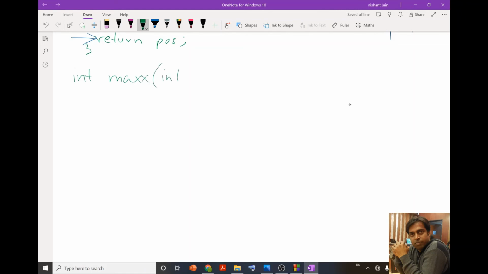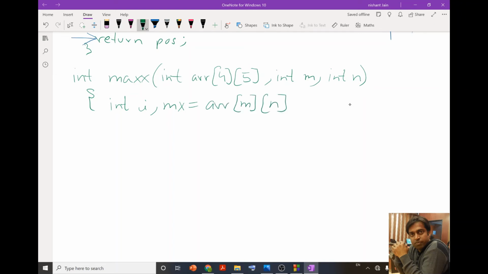Now let me go to the next one, the function definition of the max function. So in the max function, I passed 3 arguments. First is the array, second the row number of the minimum value, and then the column number of the minimum value. And then inside this, first I am going to declare some variables. I for the loop, and mx will be the variable in which I am going to store the minimum value, which I need to find if it is maximum in the corresponding column or not.